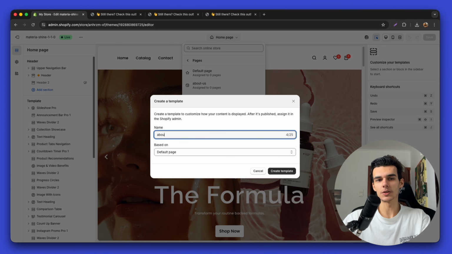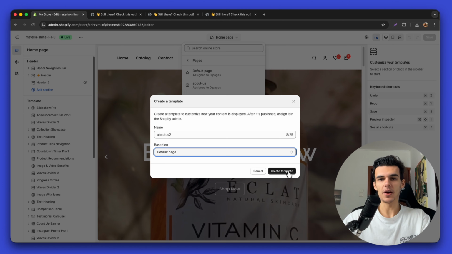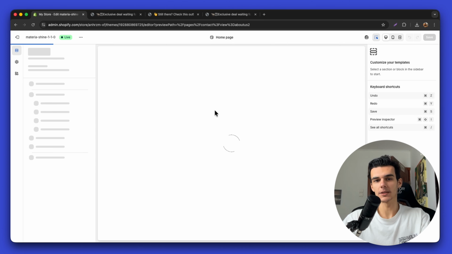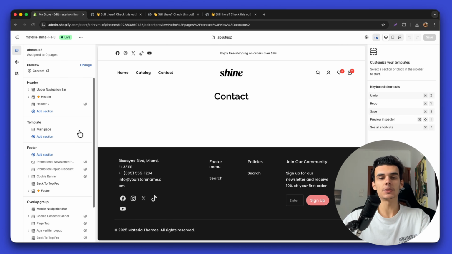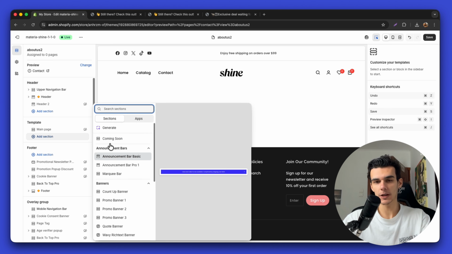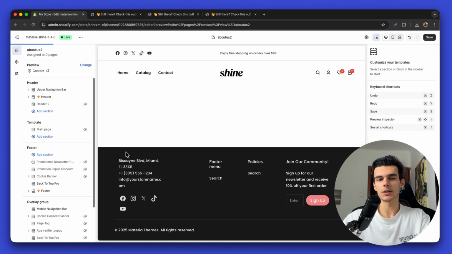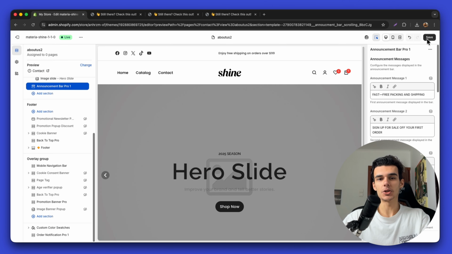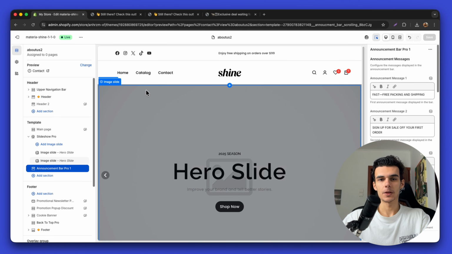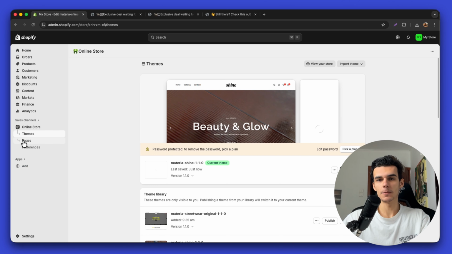All we have to do here is just give it a name, and Shopify will create a fresh template for you based on the default one. Inside this new template, you can add sections, remove sections, change the layout, basically build your own structure from scratch without touching any code. After that, make sure to save it,